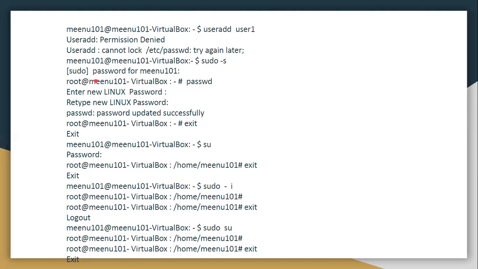So root Minu101 now becomes the super user by using the command sudo -s. Initially, if you check this line, I was in a shell of Minu101. Now a new shell, a new environment has been created for me, that is root@minu101. And now I'm in a different shell or different environment.